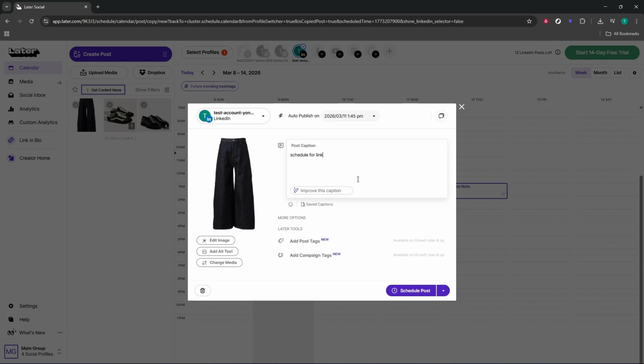Choose the date and time, then click Schedule. Pick a posting time that matches when your audience is most likely to be active, and confirm your time zone is correct in your Later settings. After you hit Schedule, your post will appear on the calendar with the chosen time, indicating it's queued and ready